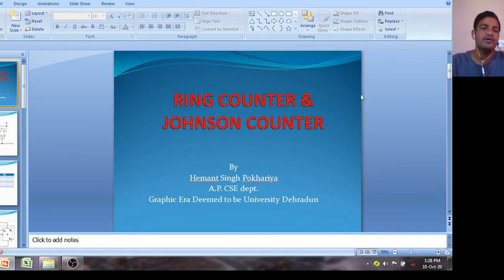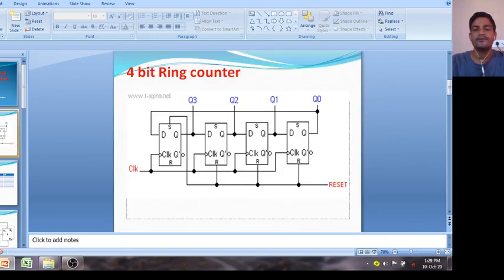Now come to the ring counter. In general, to implement an n bit ring counter we require n flip flops. So to implement a 4 bit ring counter we require 4 flip flops. Now connect the output of each flip flop to the input of the next flip flop. And most important, the output of the last flip flop is connected to the input of the first flip flop,